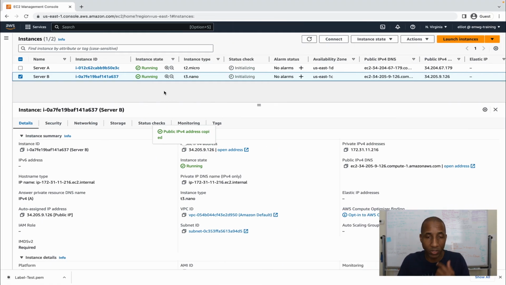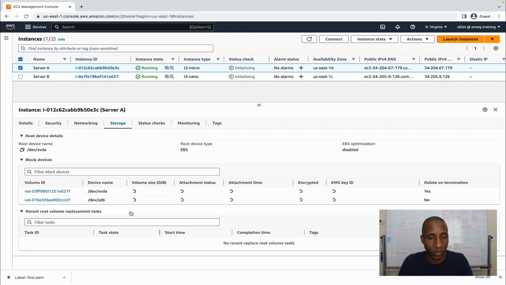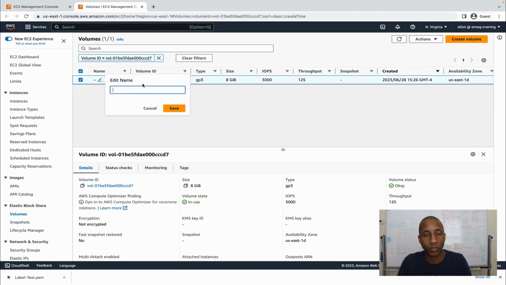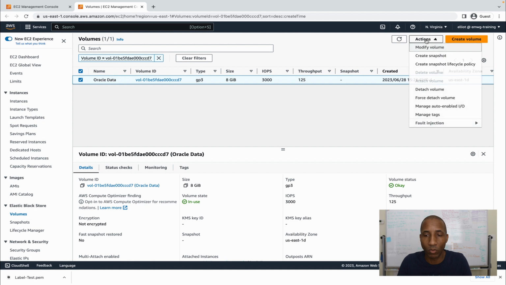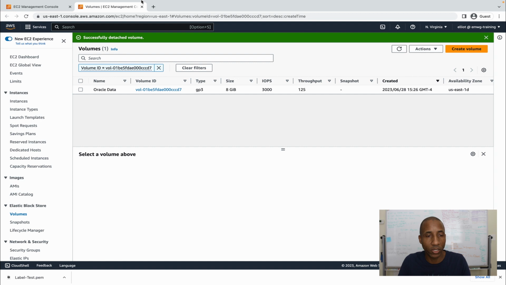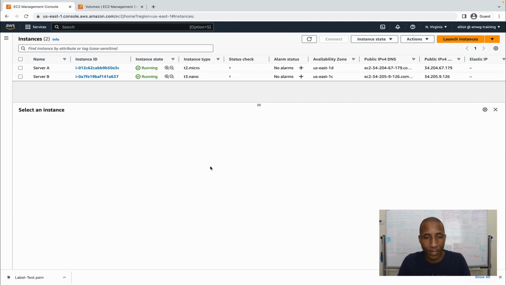Now we're going to come inside of Amazon, and we're actually going to find this volume, this sdb volume right here, and we're going to detach it altogether. So we're going to find the volume, and we'll call it Oracle data. It's good to label, it's good to tag things inside of AWS so you know what you're working with. So detach. So now that we actually detached it, not only is it going to show detached over here on this screen, as you can see,